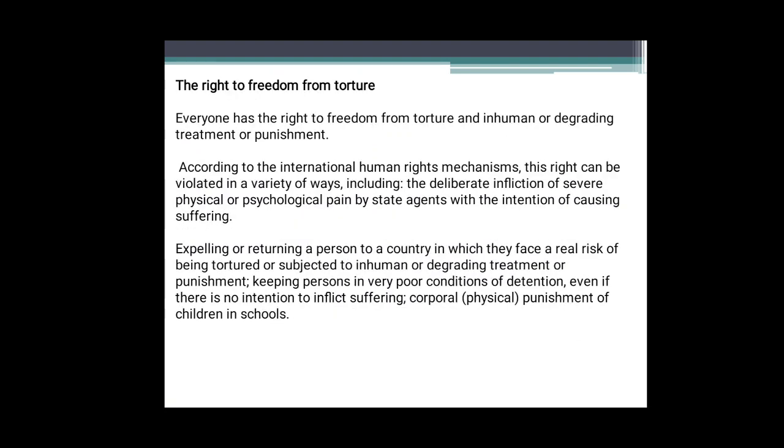Next one, the right to freedom from torture. Everyone has the right to freedom from torture and inhuman or degrading treatment or punishment. So according to the international human rights mechanism, this right can be violated in a variety of ways, including the deliberate infliction of severe physical and psychological pain by state agents with the intention of causing suffering,